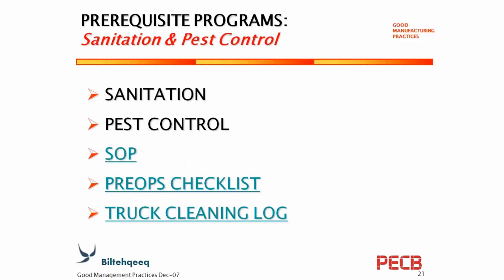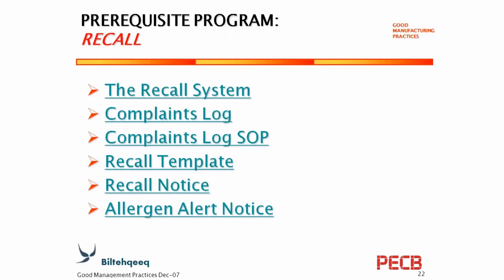So you have to properly maintain the sanitation, and you have to develop the SOPs for the pest control and sanitations, and you have to develop a proper checklist for all these prerequisites before starting any operations. And if the carriers are coming in your premises, like truck or other carriers, you have to develop a proper cleaning log for these trucks or carriers. And if there is something bad which you have noted after the shipment of the products, then you have a proper recall system,